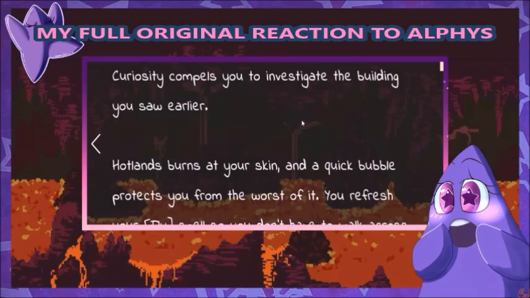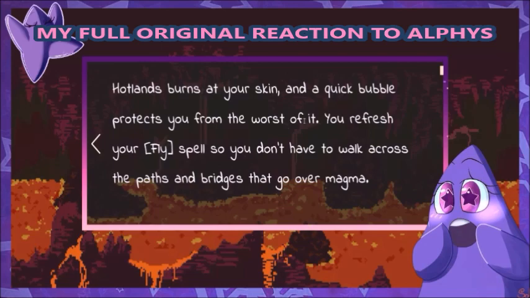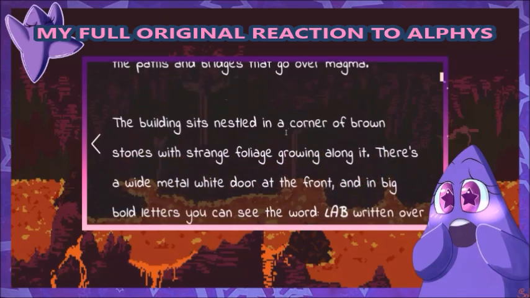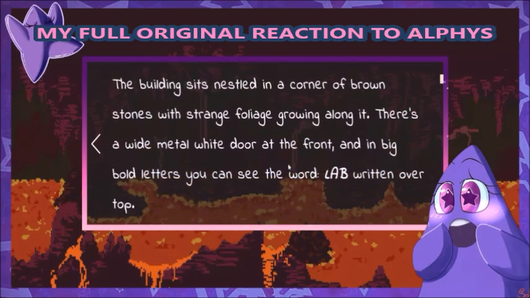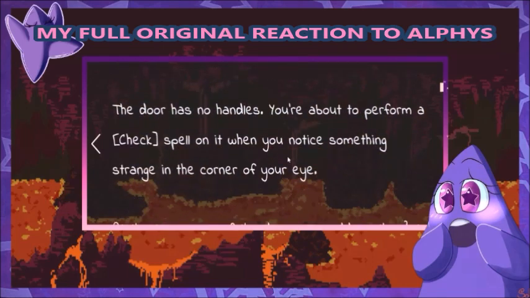Visit the lab. Curiosity compels you to investigate the building you saw earlier. The hot lamp burns at your skin, and a quick bubble protects you from the worst of it. You refresh your fly spell so you don't have to walk across the paths and bridges that go over magma. The building sits nestled in a corner of brown stones with strange foliage growing along it. There's a wide metal white door at the front, and in big bold letters you can see the word lab written over the top. The door has no handles, and you were about to perform a check spell on it